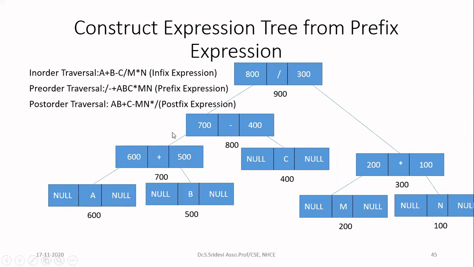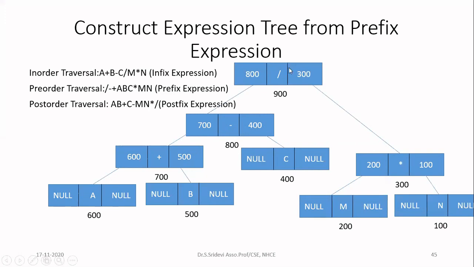This subtree is now the left child of minus. So we have finished the left child of minus. Now we have to print the root node, that is minus will be printed. So that is appearing as the fourth symbol in the output. After that, we need to process the right subtree. So with the help of this address 400, we can go to the right subtree. We can print node C because here we have null as a left pointer. So it is not having any left child. So I am printing the root node. And after printing the root node, I'll check whether it has a right child. Here also I have null. So it is not having any right child. That means I have processed this particular subtree completely, which is at the root minus.